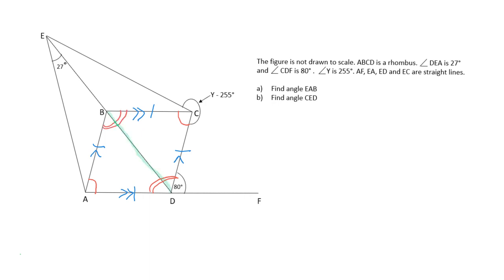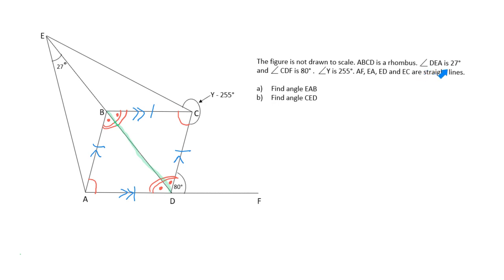Next, if you look at the line BD, which I have highlighted in green, you can see that it is a line of symmetry. Therefore, it divides angle ADC into two equal parts. So I will mark that these two angles are equal to each other. Similarly, angle ABC is divided into two equal parts. Therefore, these two angles are equal. Now that we have marked all properties of a rhombus, let's read on.